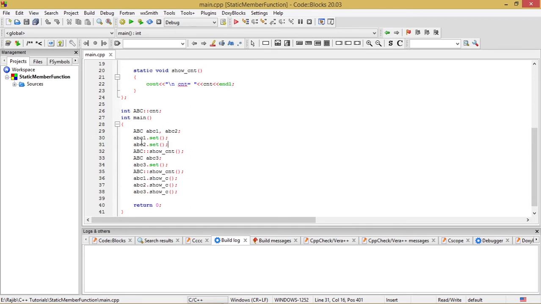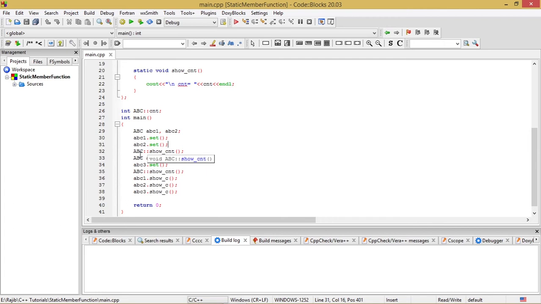Then I have invoked the set function with the help of both of these objects by abc1.set and abc2.set. I have also invoked the static member function show_count by a different method. That is, I have not used any object of the class with a period operator and invoked the function like I have done in these two instances.